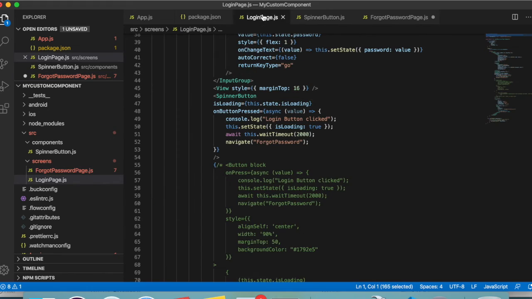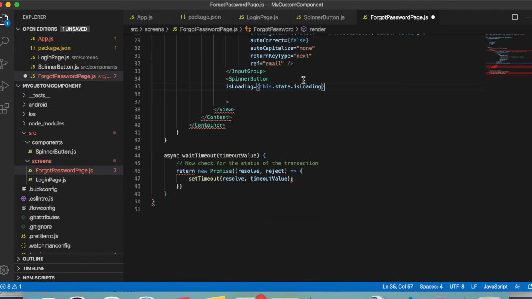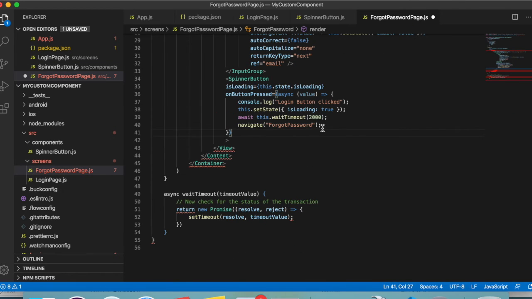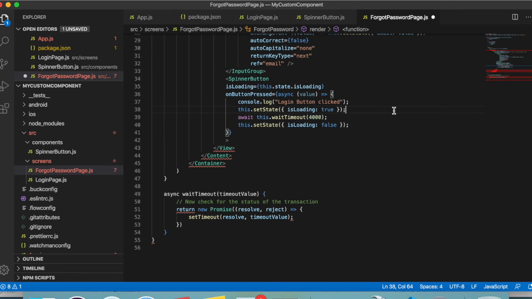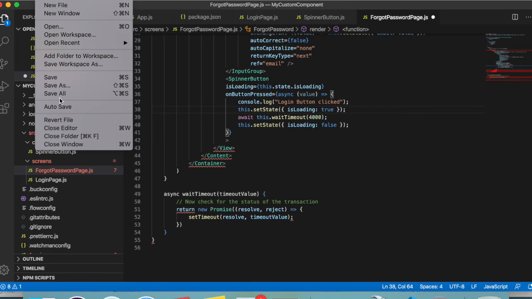So I'm just copying the onButtonPress event from the login screen, but this time instead of navigating to any other screen, I'm just increasing the timer and then setting the loading value to false, just to show that we can have different behavior for different buttons. Now friends, I'm going to save and run the project again.